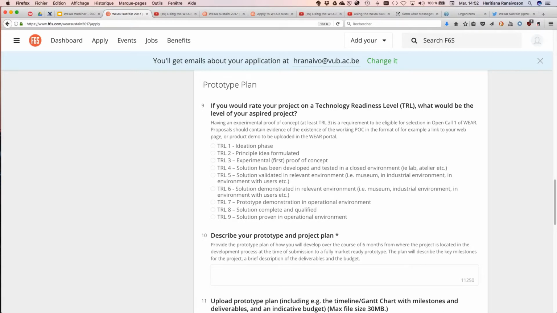Next step after the project pitch is the prototype plan. So question 9 is about technology readiness level. I have one slide that summarizes it well, so I will not dwell on it here. And also note that this one is not a mandatory question. We have a question about describing the prototype and project plan. That's the long one compared to the first set of questions in the pitch. This is more about the